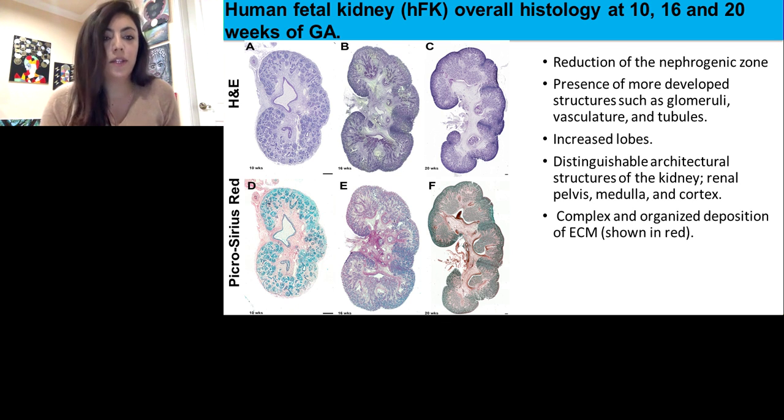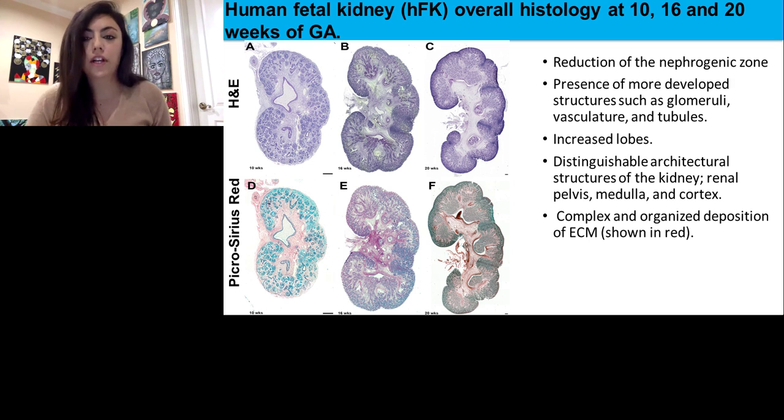An H&E and a picrosirius red, where the red denotes the deposition of collagens. And we could see that over time, there are changes that occur from 10 weeks to 20 weeks, from A to C. We see that, in fact, we have a reduction of the nephrogenic zone. We see presence of more developed structures of the nephron, such as glomeruli, vasculature, and tubules. We also see increased lobes, and we also see distinguishable architectural structures of the kidney, such as the renal pelvis,